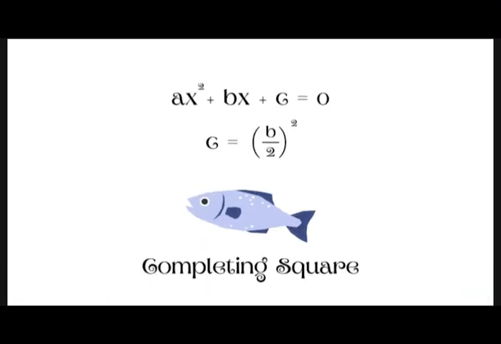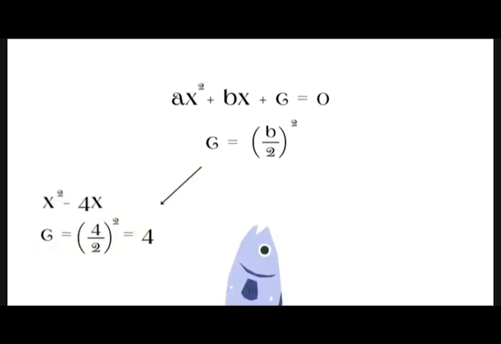After we brought them out, we'll need to complete the square. In completing the square, our equation needs to be in the form of ax squared plus bx plus c equals 0. Right now, we're missing the c value, which we can find by dividing b by 2 and squaring it. So if we apply that to x squared minus 4x, since c is equal to b divided by 2 squared, our b is 4. So 4 divided by 2 squared would give us 4, which will give us x squared